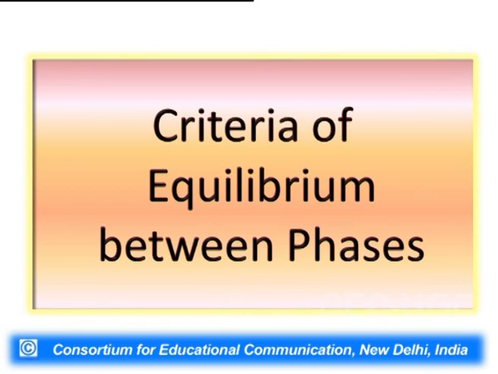So, industrially also, phase equilibria and phase transitions play a very important role. We should understand that phase equilibria is the study of equilibrium between phases. And when we carry out the study of equilibria between phases, we should understand that there should be some criteria for such an equilibrium between those phases. So, let us have a discussion of how the equilibria between different phases of a substance are established.